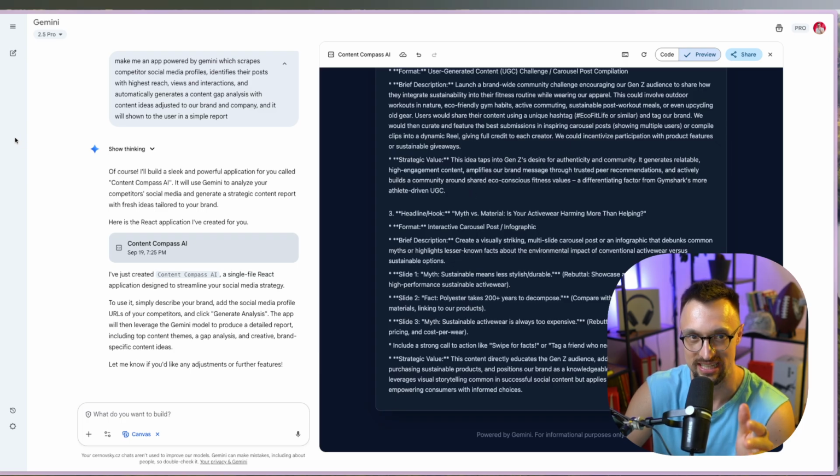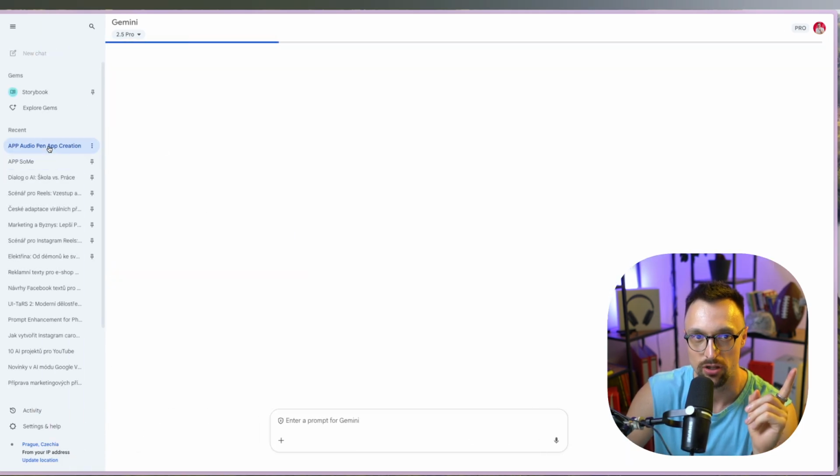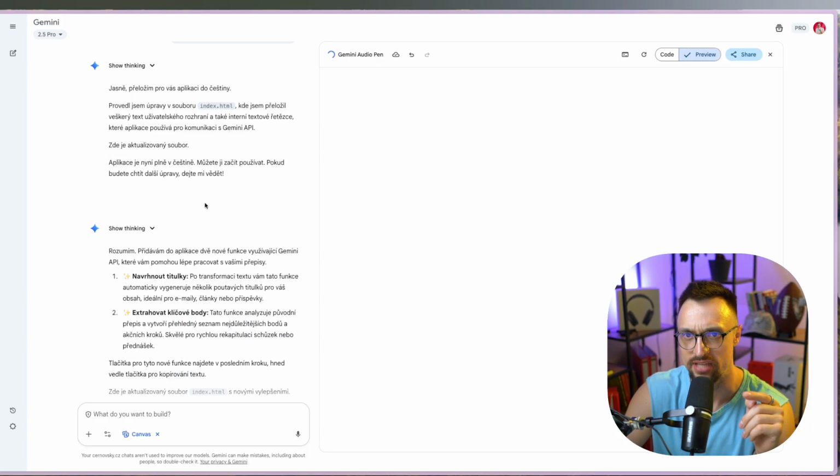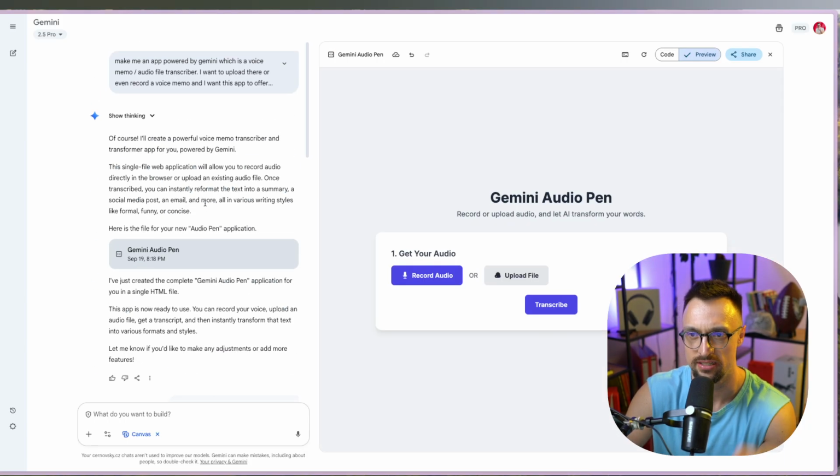Let's do it. And the second app is an app you might have heard about called Audio Pen, which is something that I use, for example, on my phone or in my laptop or in my notebook or in my PC or Mac. I put my voice memo or some audio from what I talked to this device there. So I have some memo here, and I upload it in Audio Pen, and it will give me some summary,